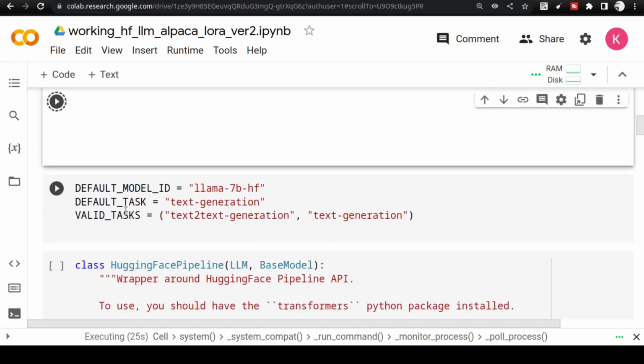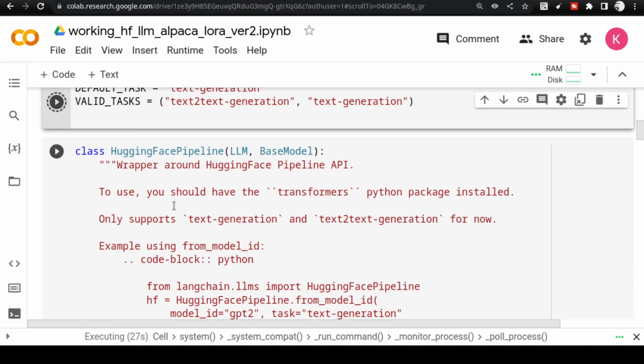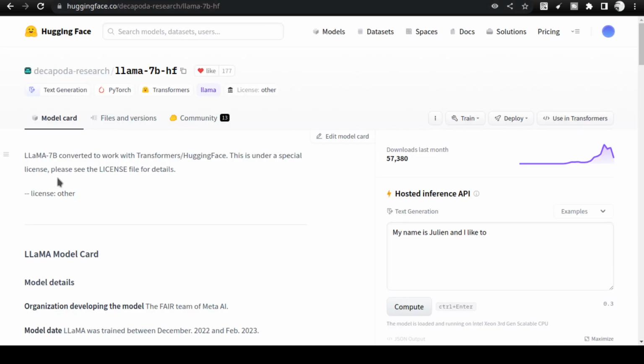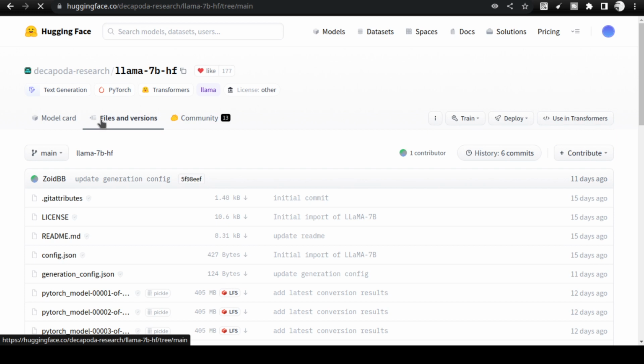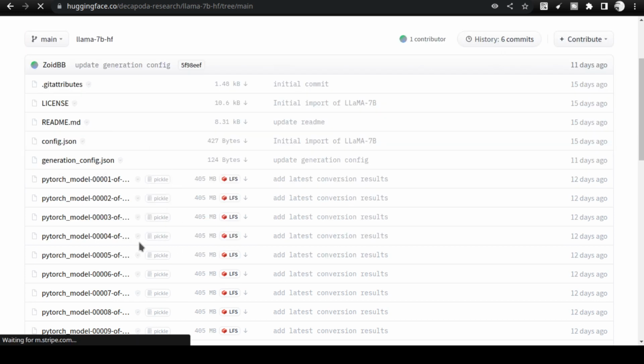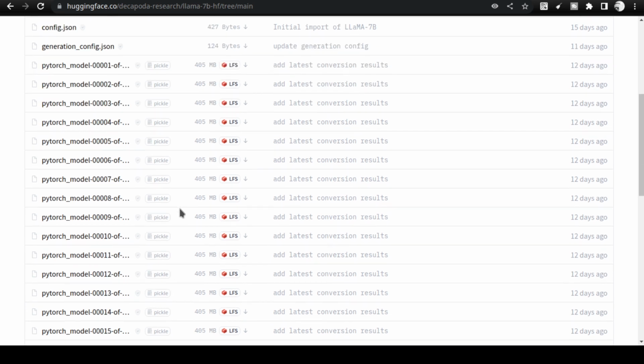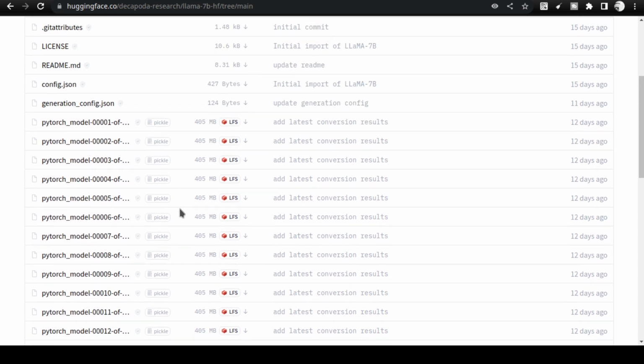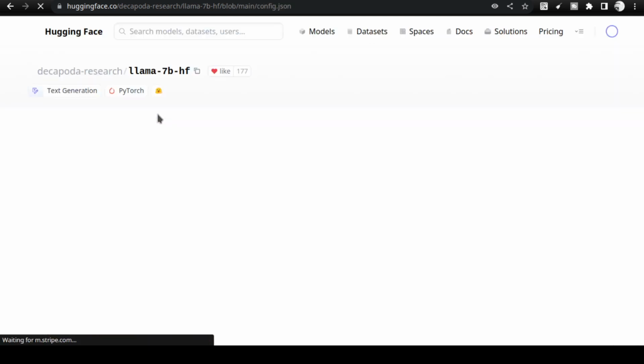The code is actually very simple. We are going to take two steps. First and foremost, we are going to pull this model. This model is the key. It has the weights and the parameters for the large language model that we are talking about, and it is almost 8 GB of parameters. It's 7 billion parameters, so it's very huge. And it also has the config file which tells the